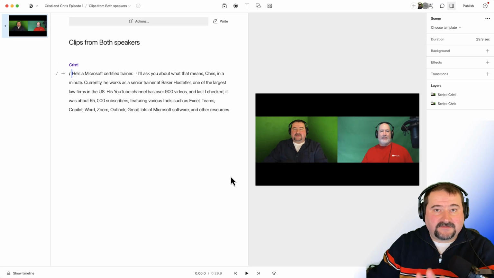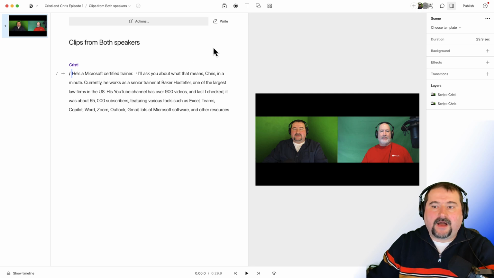And by the way, this is in the same project. It doesn't create a new project or anything like that. It doesn't consume any more transcription minutes. It just uses the same underlying sequence with the same files to give me a short composition, which is still landscape at the moment. So let's see how we can switch this to vertical.